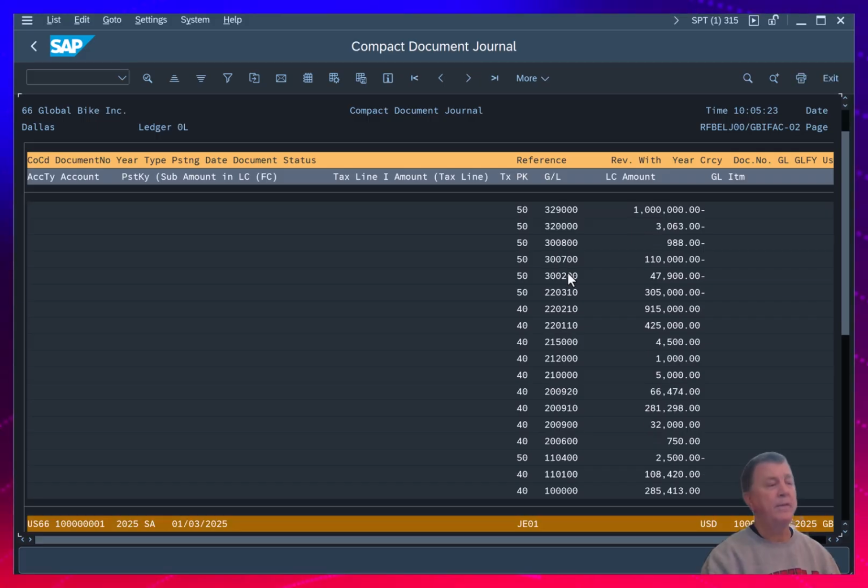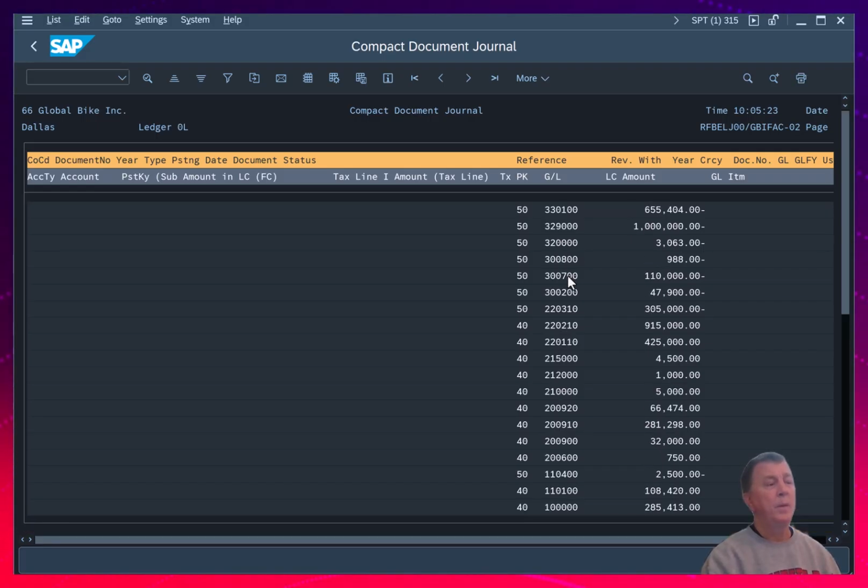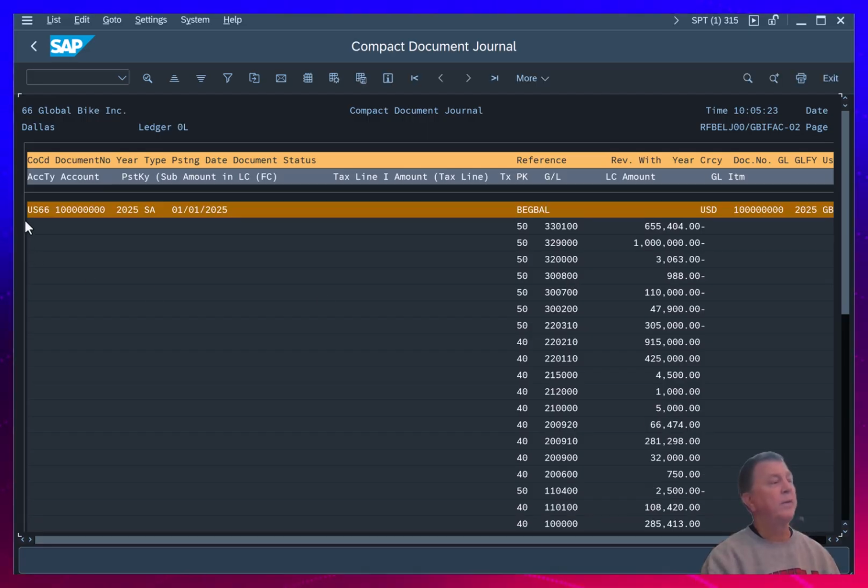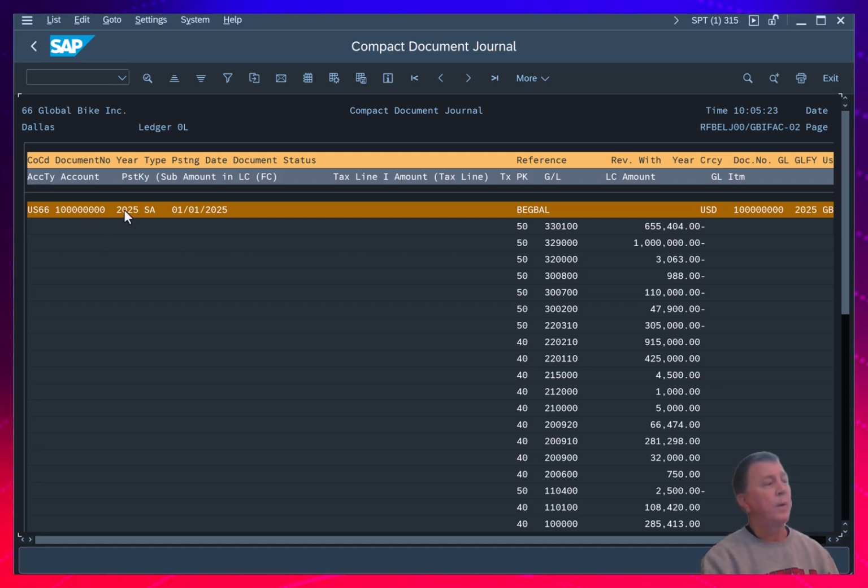All right, so this is just a basic bare bones journal entry report that says here are your debits, here are your credits. Of course, over here you can see it's the company number, the actual internal SAP document number. So this is what flashed at the bottom of the screen when you posted your journal entry. So you can also double check that if you need to reverse a journal entry, you're going to reverse it based on this document number. Of course, the year, the type of transaction. All ERPs maintain some kind of a transaction type. So SA is the transaction type for a standard journal entry in SAP here. The way we've got it configured up for this case